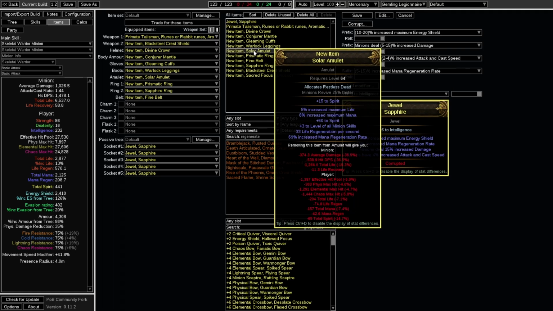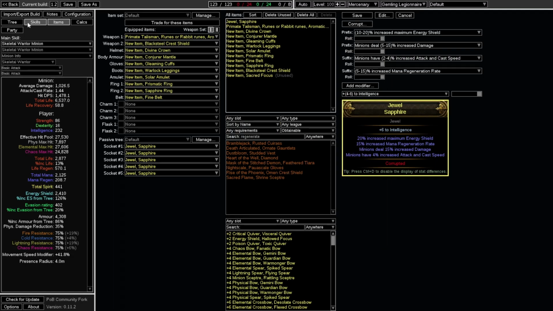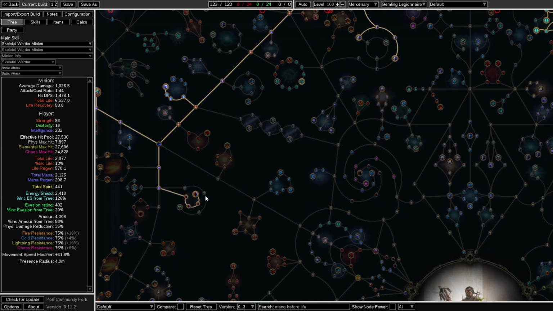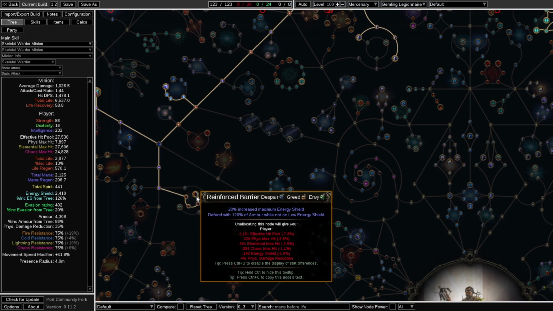And then you'll see that I'm trying to grab as much mana regeneration and life regeneration nodes. So that's going to be your biggest kicker. Mandatory stats that you're going to be looking for are life regeneration and mana generation for your character, so it can have more defenses. So reinforced barrier, what it does is that you defend with 120% of armor while not